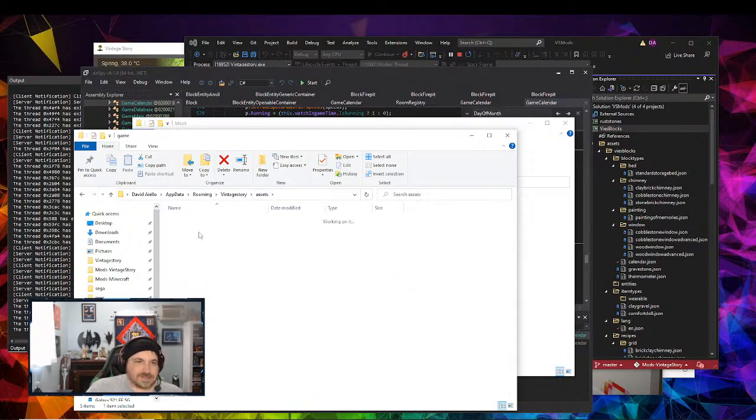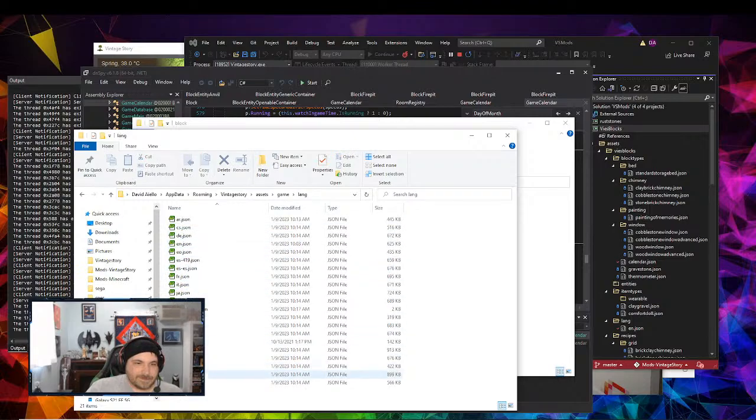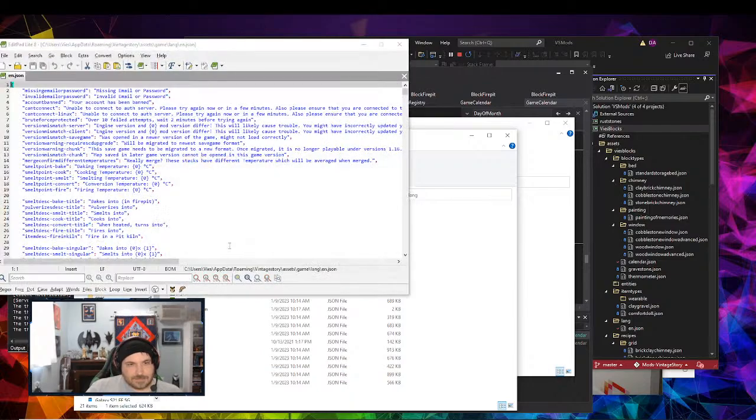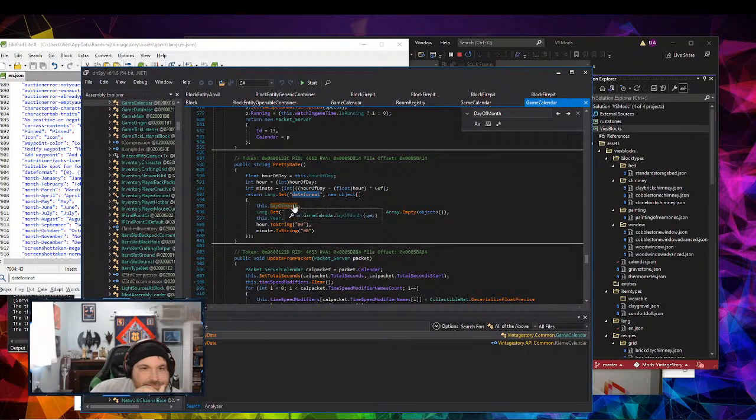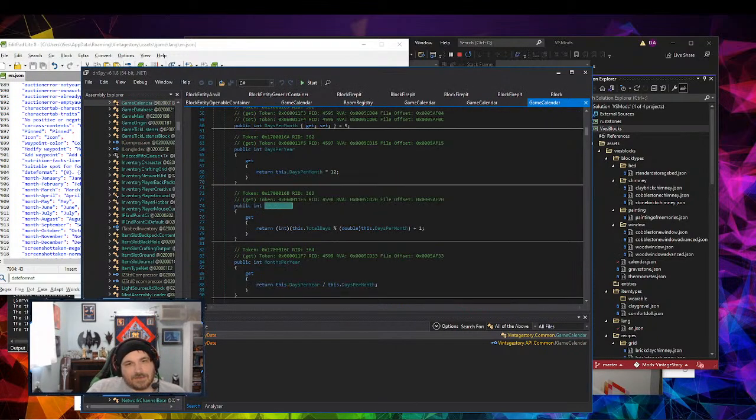It's not in survival. It's under game, language, EN. There we go. All right, find it. There it is. Date format. Oh. So that's where that period comes from. And then time is for so. Interesting. Very interesting how